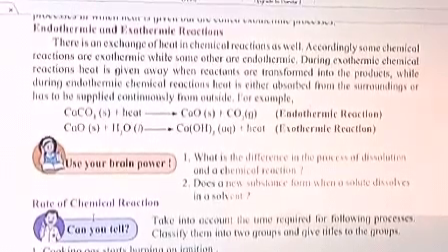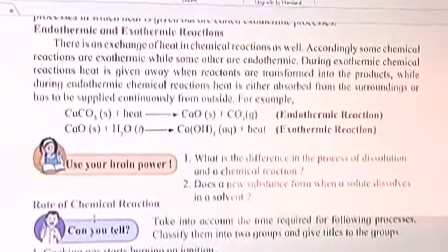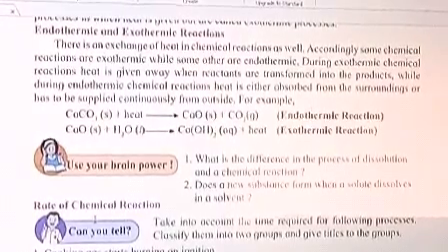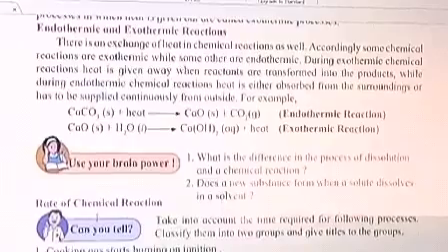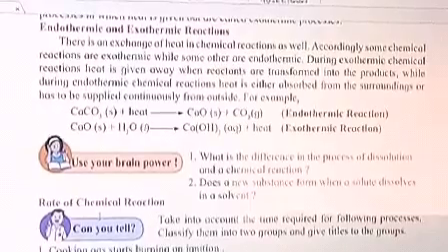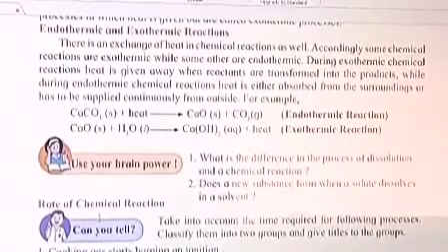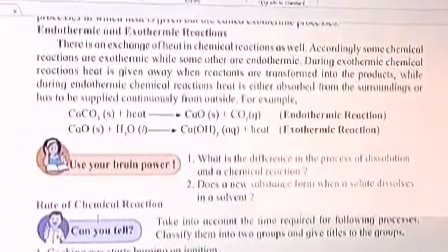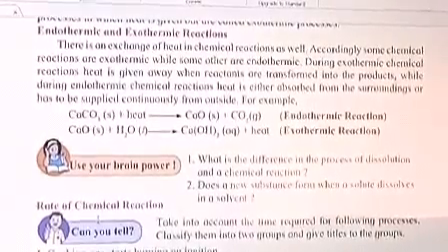Depending upon the time taken for completion of the reaction, the reactions can be classified as a slow reaction or a fast reaction. The rate of chemical reaction can be altered, can be increased. There are some factors which affect the rate of chemical reaction, whether the reaction will take place fast or slow, and these are the factors that affect the rate of chemical reaction.